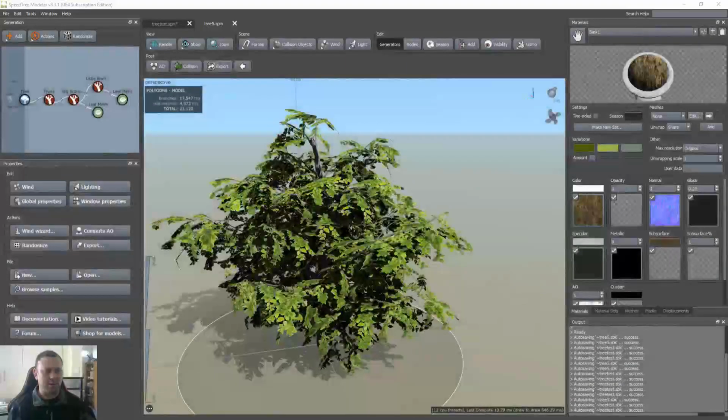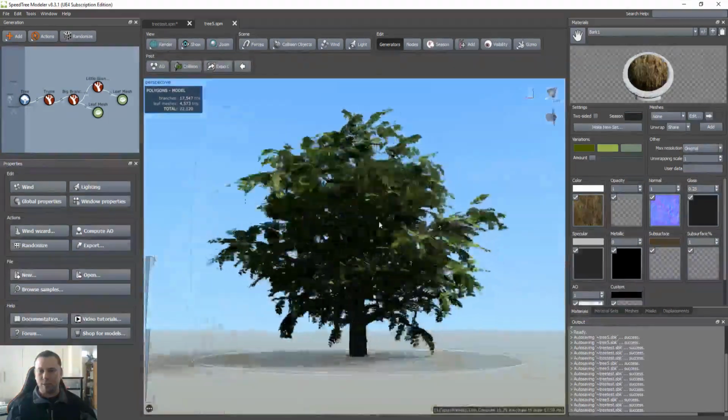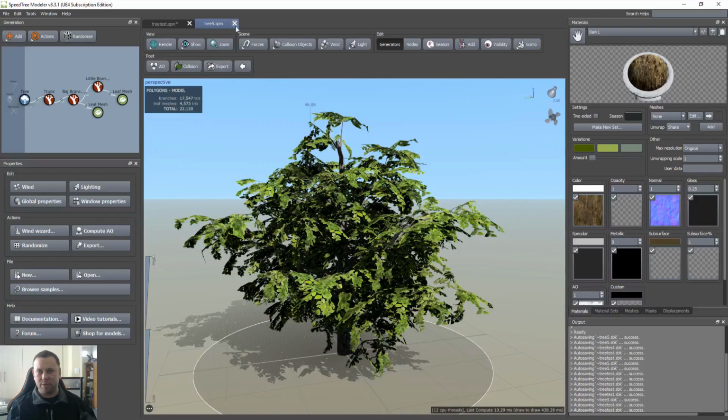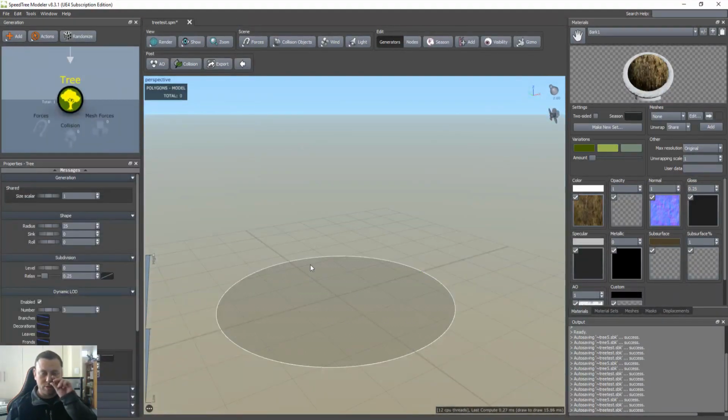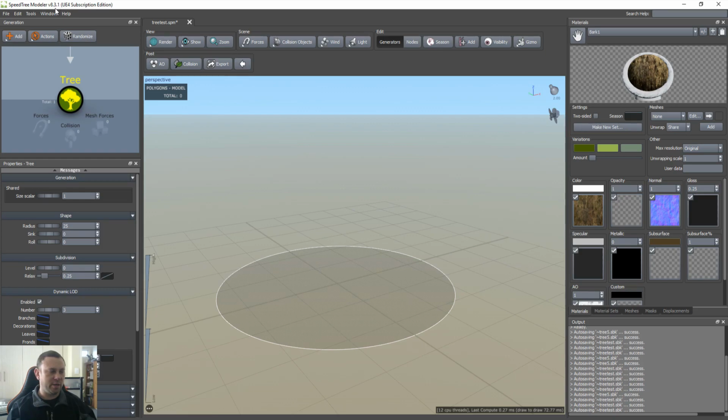Right, today we're going to be talking about SpeedTree trees, and we're going to be taking a look at how to create something like this, or close to, or similar to this. I'm going to start with an empty SpeedTree project. I'm using SpeedTree version 8.3.1,